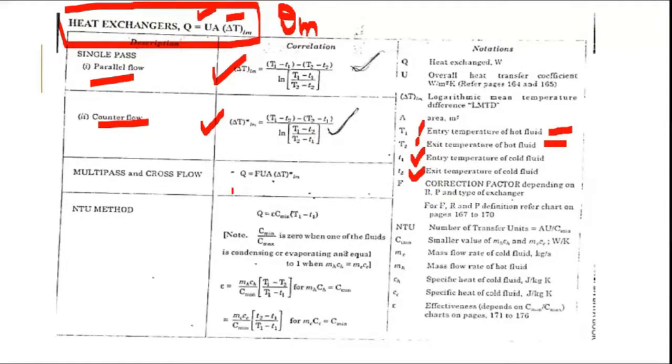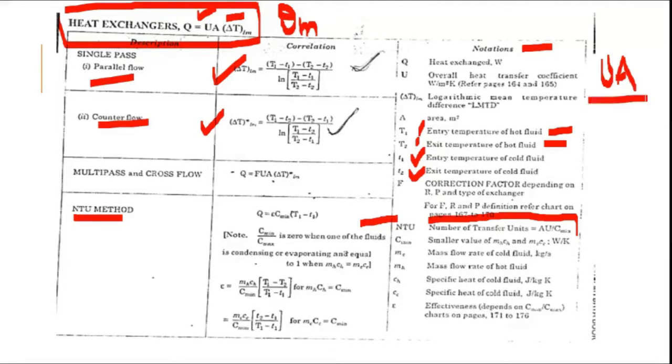If you will go ahead, here one relation for NTU has been given. So if you will come to this side on the notation hand side, here they have written that NTU is number of transfer units, and this number of transfer units is equal to AU by C min, or what we wrote as U multiplied by A divided by C min. This is the definition for NTU. This everyone must know. They are writing as capital NTU over here.